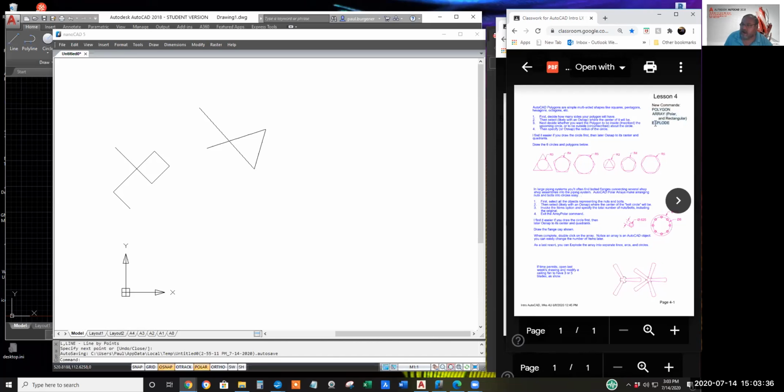And then after your array is formed, the explode command will blast the 10 or 12 or 20, whatever the number of replicated groups or sets of objects are, down to simple lines, arcs, and circles again.